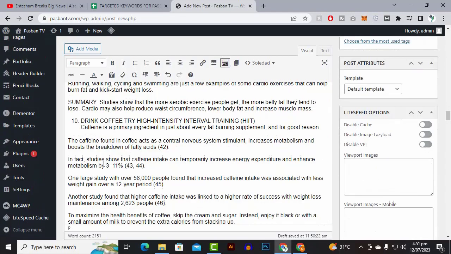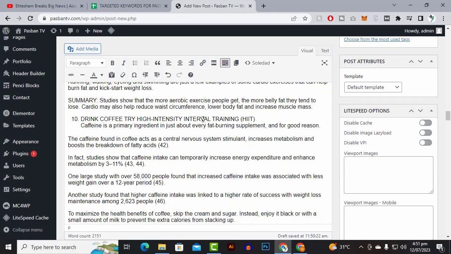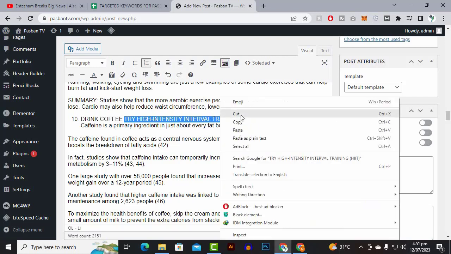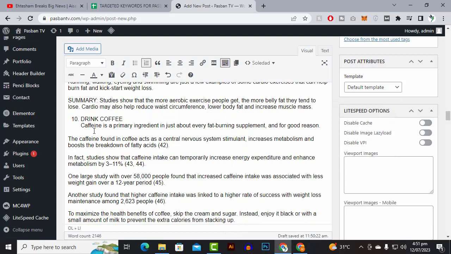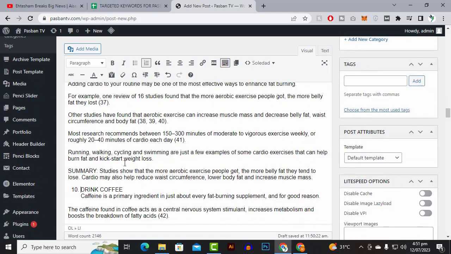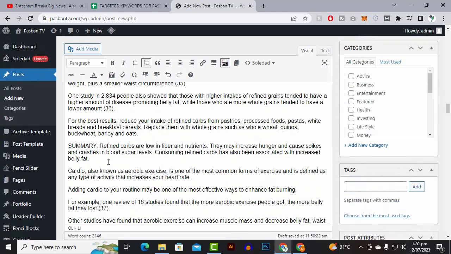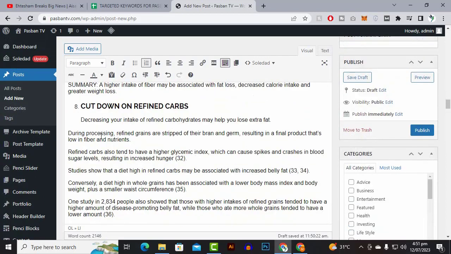Okay, no issue. I think here we have drink coffee, try high intensity. Okay, we can make it 2 headings. Got it. Okay, and this will be the 9th heading. Why is it 10? Because we don't have any 9 heading, and this is 8th,